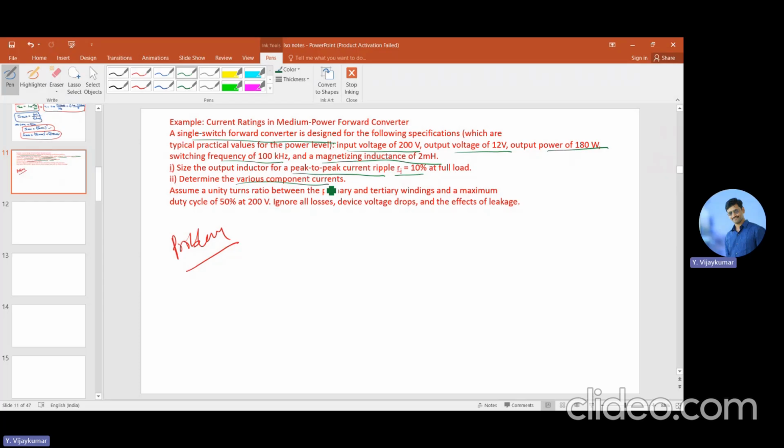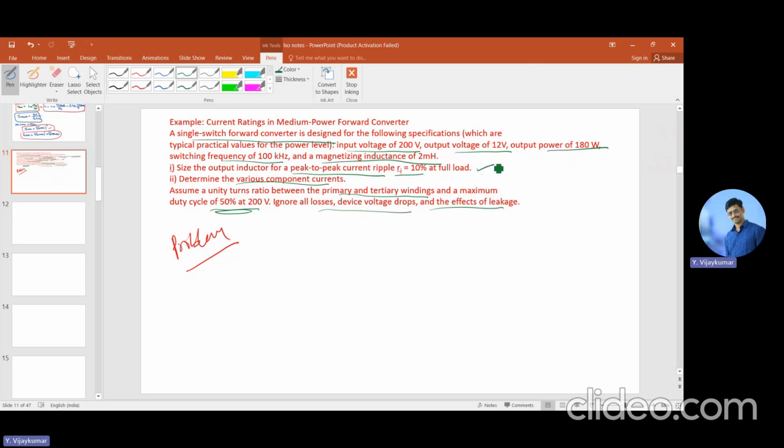It is also given that the turns ratio between the primary and tertiary winding is unity and the maximum duty cycle is 50%. As we mentioned in the last class, the duty cycle is limited to 50% because of the tertiary winding. All the losses, device voltage drops, and the effect of leakage can be neglected. Now, in this problem,